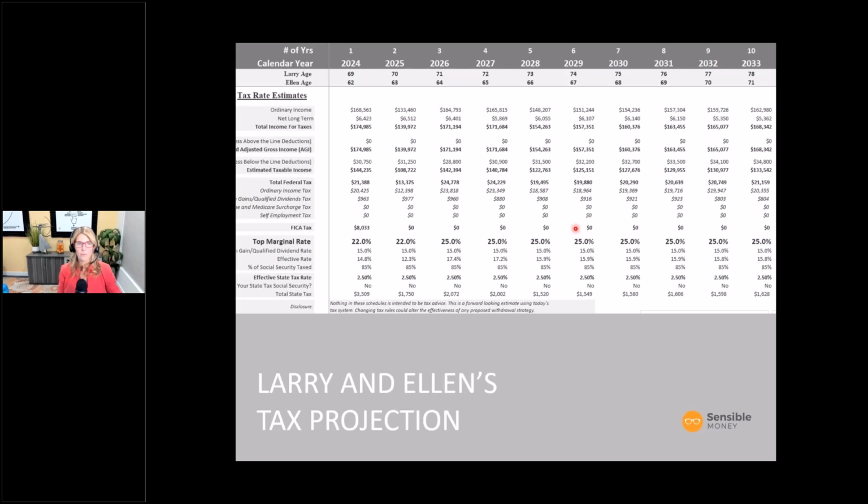Dana, what goes on the line called below the line deductions on your spreadsheet? The first word on that line was cut off. Oh, it just says less below the line deductions. So below the line deductions could be, in this case, I believe it's just your standard deduction. It could be charitable, it could be mortgage interest. So anything that you were itemizing deductions would fall into that category.